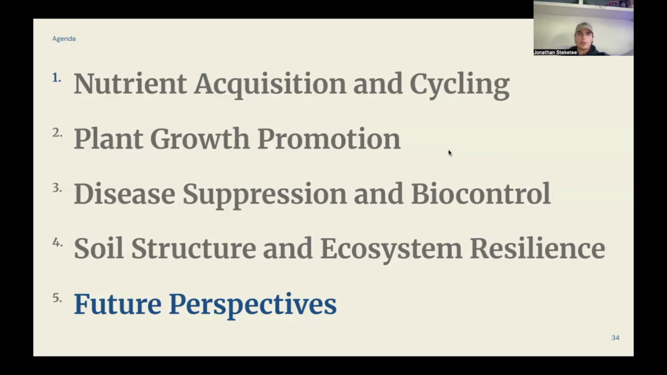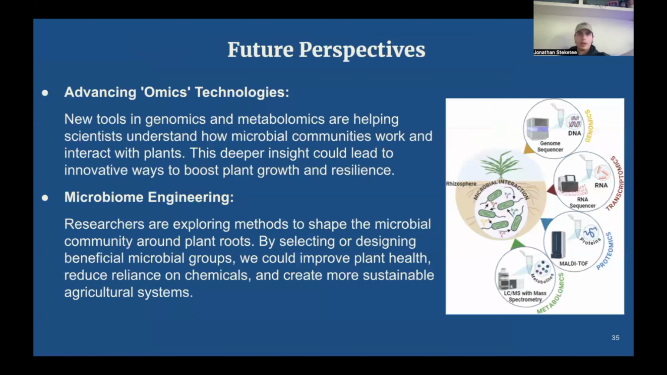Finally, future perspectives, I just want to look ahead and talk about emerging omics technologies like genomics, which are revolutionizing our understanding of plant microbe interactions. So researchers are even starting to explore microbiome engineering, which involves selecting or designing beneficial microbial communities. And this could lead to increased plant health, reduced chemical dependencies on things like pesticides, and more sustainable farming practices,